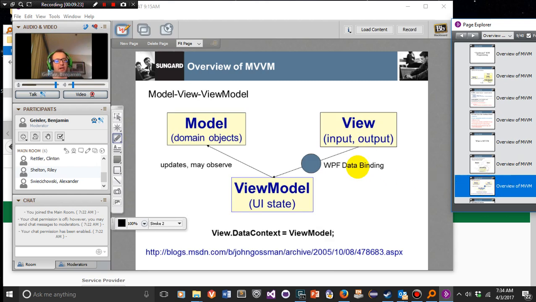So in MVVM, we have this idea of a UI state, and he's got his reference here too, so these slides also didn't come out of nowhere. He took them from a blog post. As is typical in computer science, we sort of rehash things and use each other and build ourselves up. So this is from the John Grossman blog post about MVVM, one of the originals, 2005 or so,